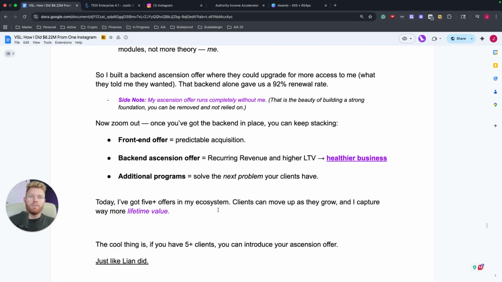The old coaching model is broken of, hey, just go after PIFs, get a high ticket sale, and then don't do anything with the client after 5 to 6 months or however long you promise them. That is the most broken model that 95% of coaches are still coaching because they don't know better. They don't know how to do this successfully.